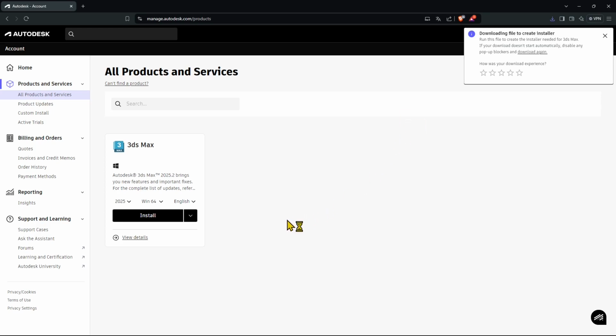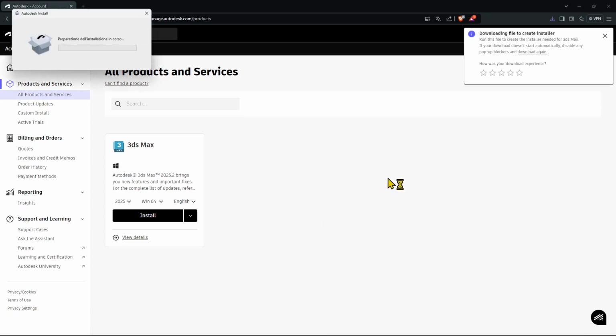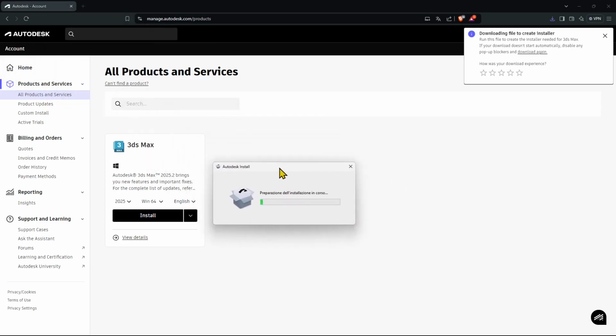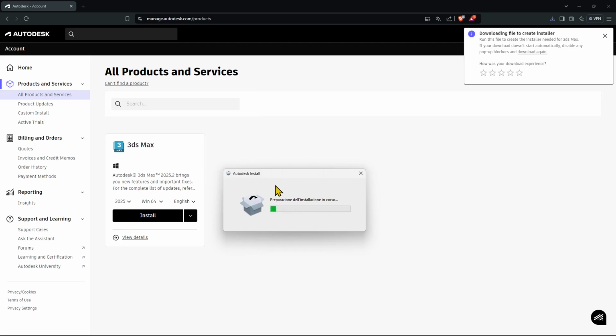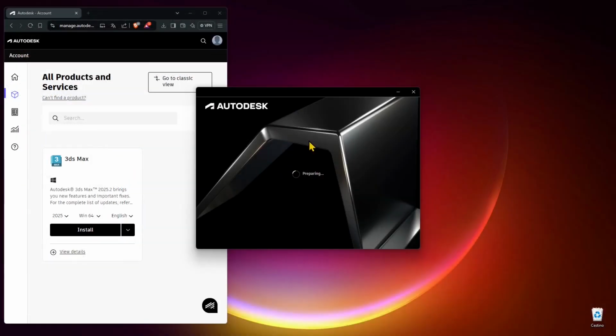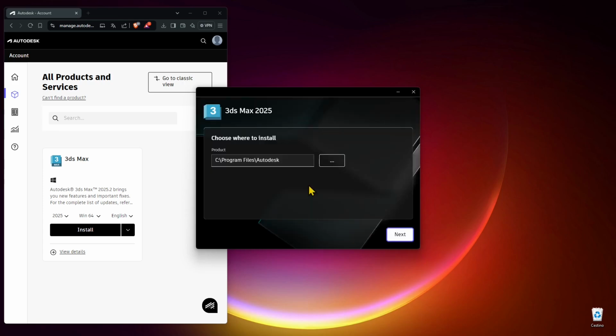So let's double click on that downloaded installer file or installer software, and there we go. It's opening up, it's unpacking. Once it's unpacked, it's going to run this little panel that is going to appear on your desktop, and that's where you're going to see that you're going with the installation. There you go. So you can choose a folder. I'm gonna stick with the default one, but you can also do another one. And here you can select additional components if you want to install them or not,